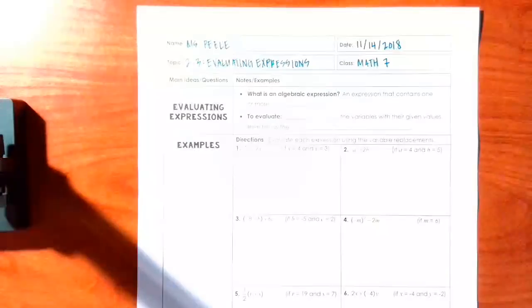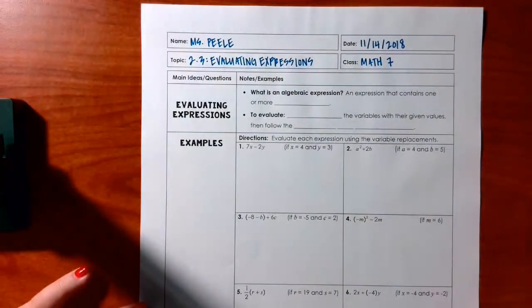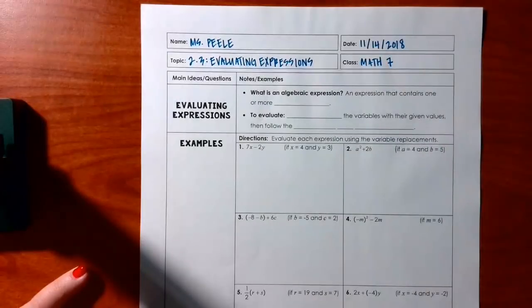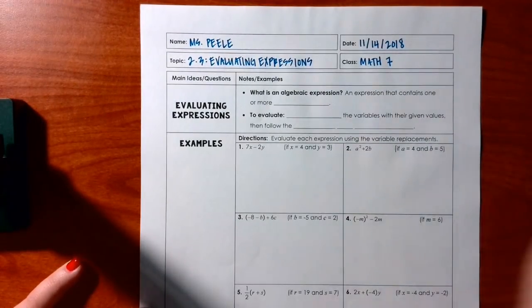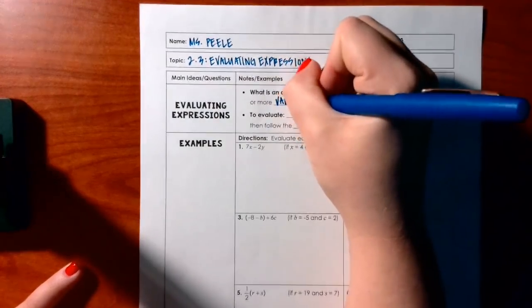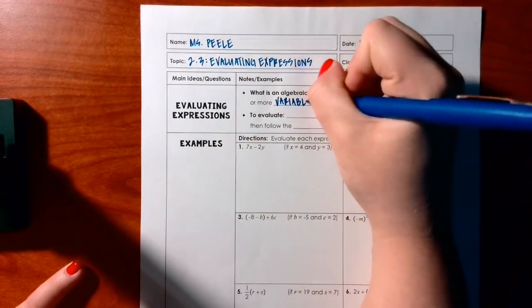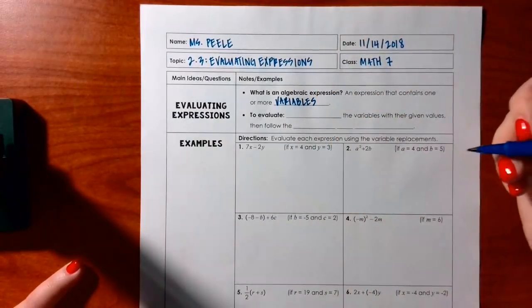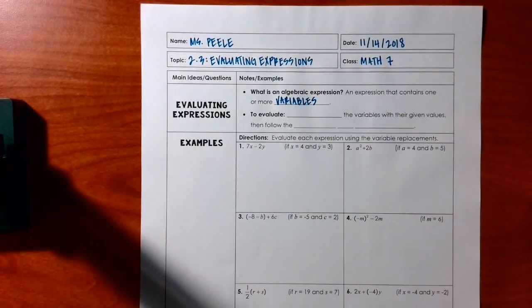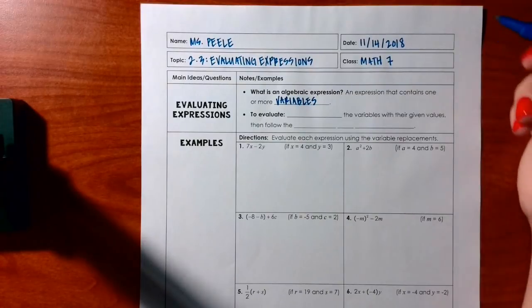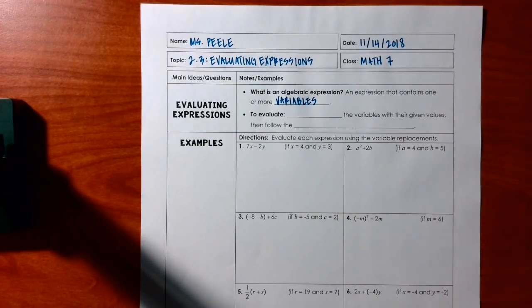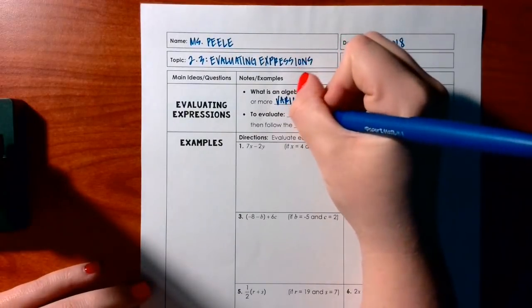Alright, so today we're going to talk about evaluating expressions. So, what is an algebraic expression? An algebraic expression is an expression that contains one or more variables. Now, we've talked about variables before in the translating expressions lesson. We talked about using the variable n or x or d or f to represent a number that we didn't know. To evaluate an algebraic expression with variables, you need to substitute